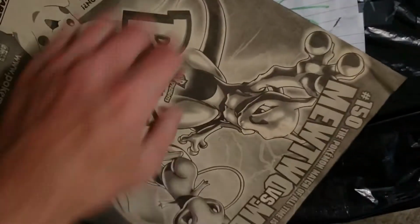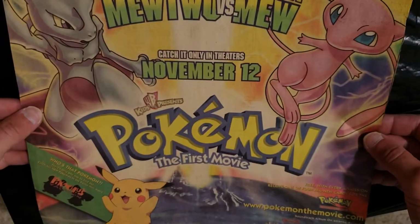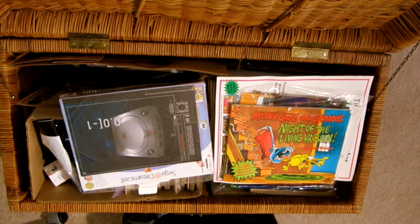There's another ad, black and white page. And I actually saw this thing in the theaters, and this is where I realized Pokemon's probably not for me anymore. But I don't know. I like cute things, so